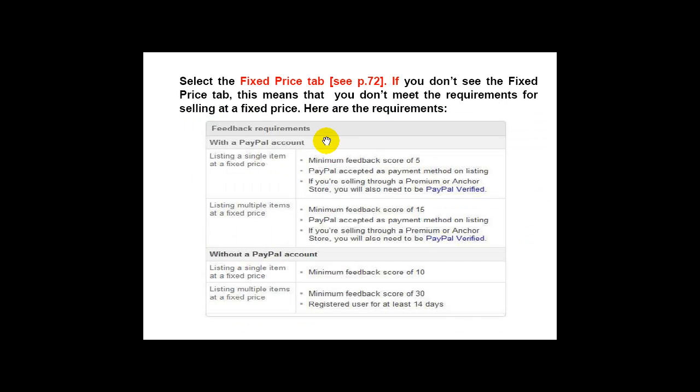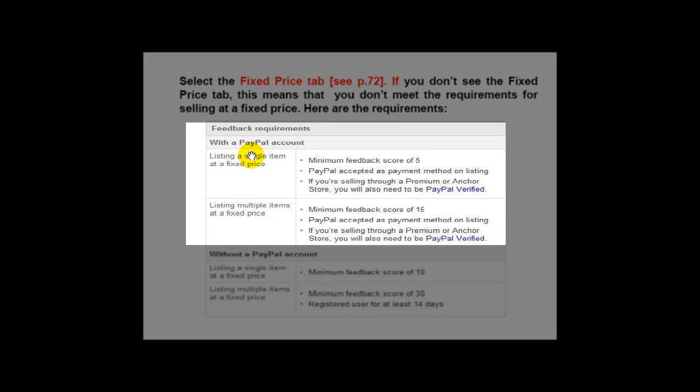These feedback requirements depend on whether you have a PayPal account or you don't have a PayPal account. If you have a PayPal account, then if you are listing just one item at a fixed price, you need to have a minimum feedback score of 5, and you need to specify PayPal as the payment method on the listing. And if you are selling multiple items,